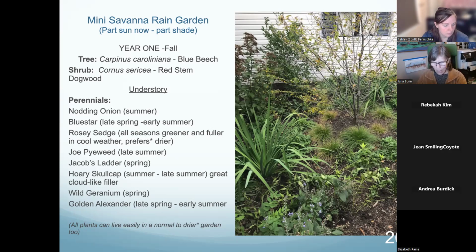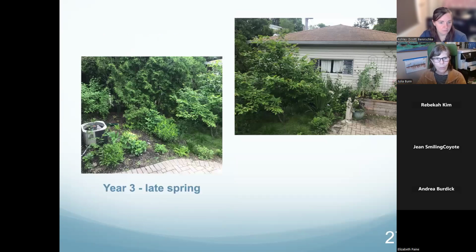Let's see, and then we also have Golden Alexander in this, and that's going to be in the next slide point of view. So this is the plant, the tree maturing over time. And again, you've got those shade conditions changing, but the plants are maintaining and staying in good shape. The one plant I did have to move, which we're not selling this year, was the iris, the blue flag iris. The reason why I wanted this was they're having a plant sale, and this is actually previewing